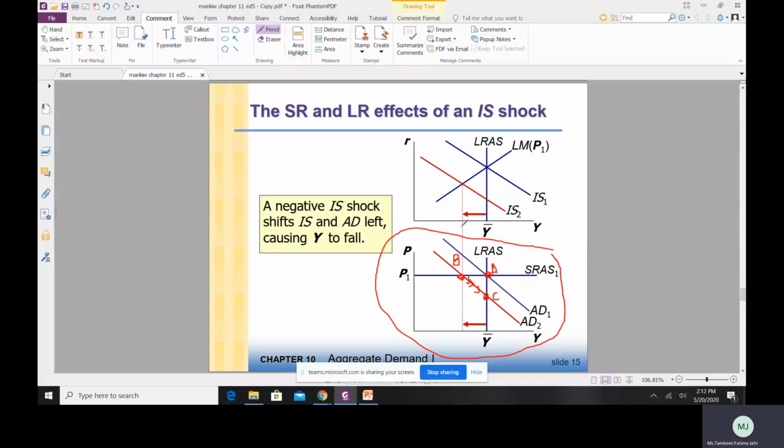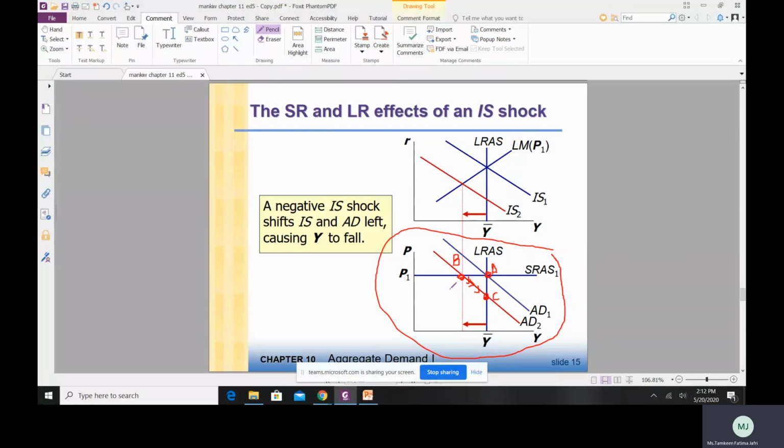Now, ये तो हम खैर chapter 9 में पढ़ चुके थे. Now I'm basically adding the ISLM framework to this entire picture. ISLM framework is going to give me additional information with respect to what happens to the interest rate in the short and in the long run. Aggregate demand और aggregate supply के मॉडल से मुझे ये पता चल रहा है कि शॉर्ट रन में प्राइसेस स्टेबल रहती हैं, लॉन्ग रन में प्राइसेस डिक्रीज करती हैं.